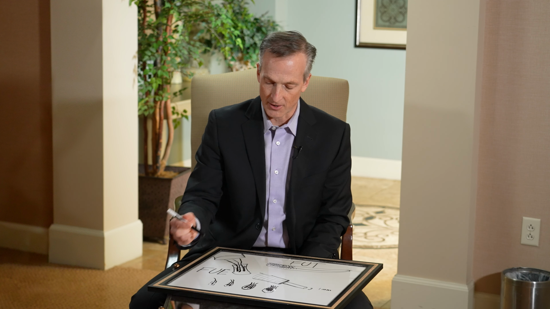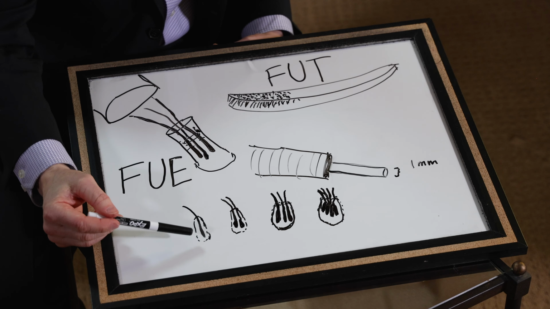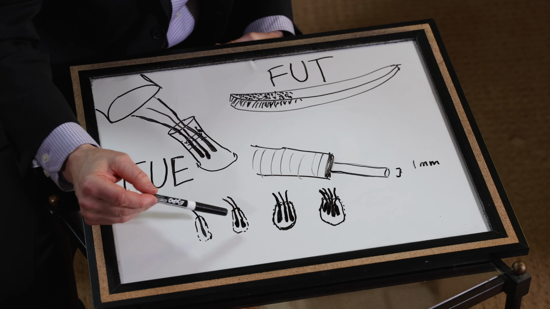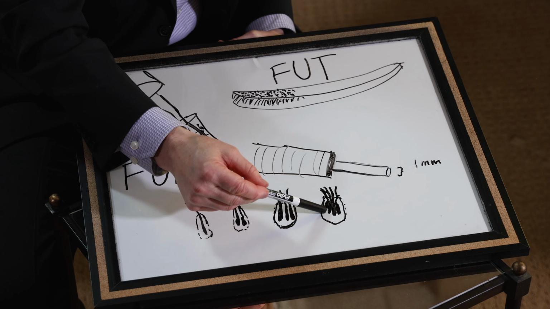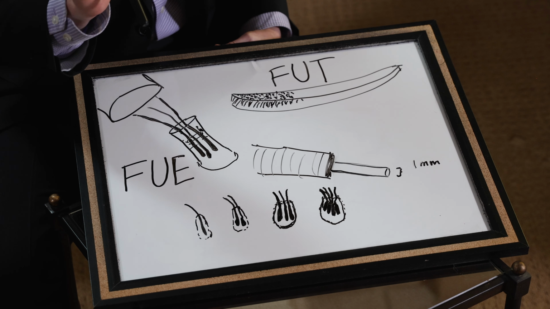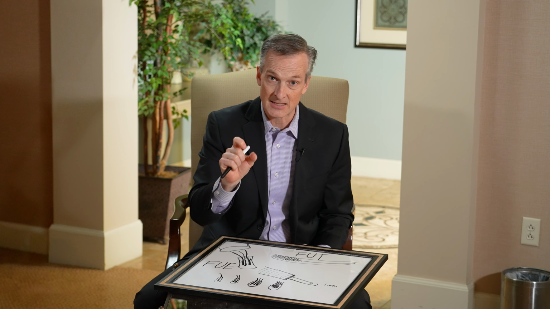Number one, hair doesn't grow as single hairs. It grows as a little grouping or clumping of hairs. So I've illustrated down here at the bottom a 1-hair graft, a 2-hair graft, a 3-hair graft, and a 4-hair graft. So if you look closely enough at hair, you'll see that it comes as this little grouping